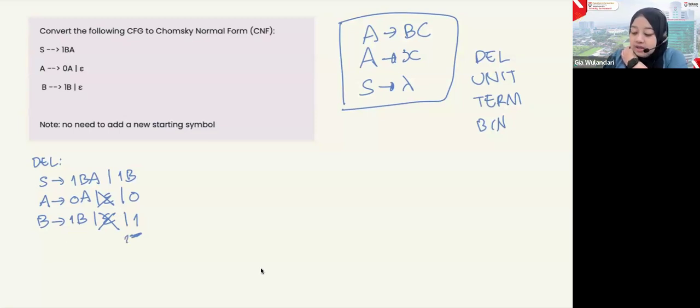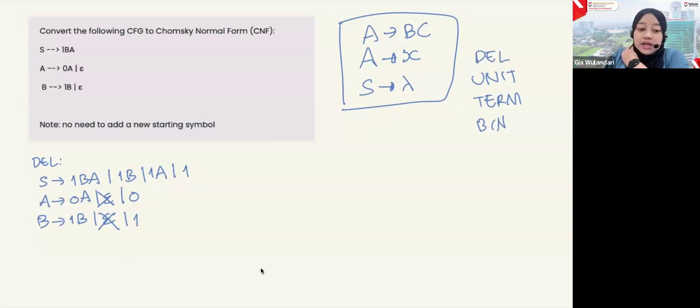Because B is changed into an empty string, from this one, B A, we may only have A. And from this one, B, we may only have 1. And from this one, A as well, because of the empty string from A, it can be only 1.